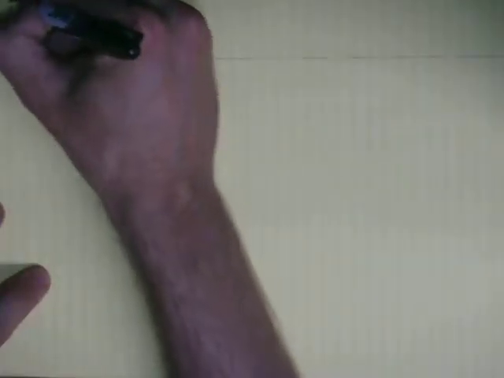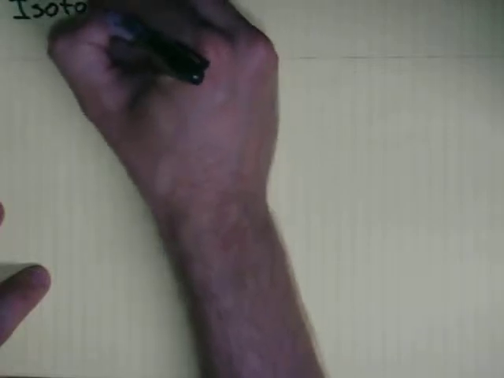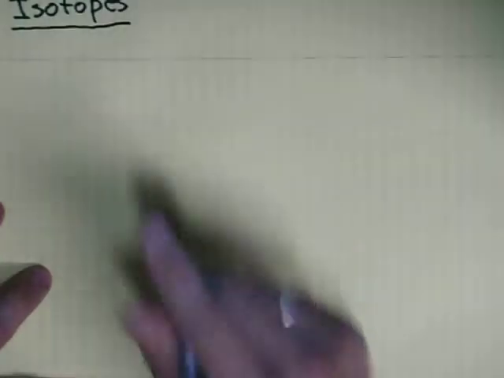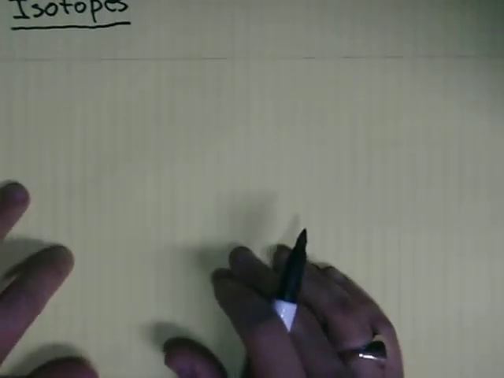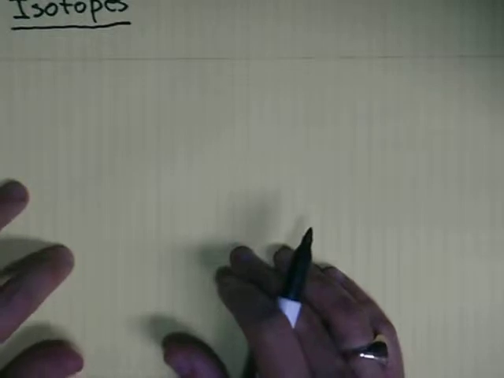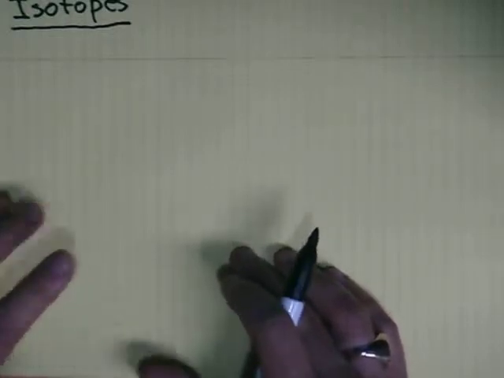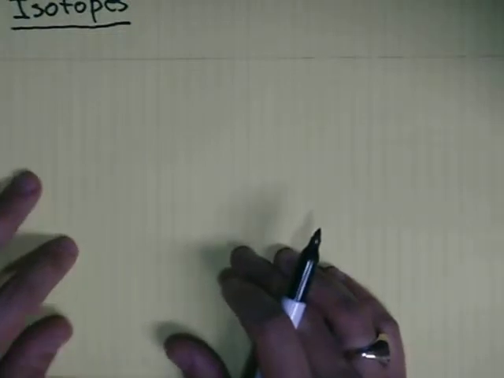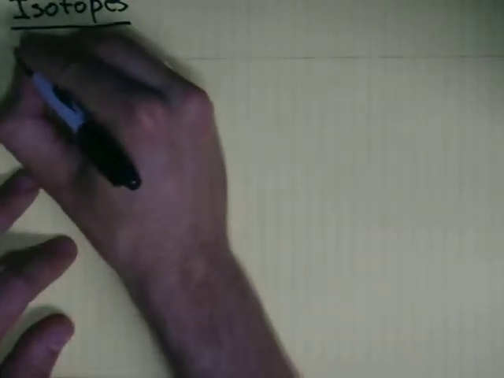Okay, so I'm going to now talk for a little bit about isotopes. When we talk isotopes, essentially what we're talking about are different variations of an element. And these variations have to do with, the way of thinking of it is, how heavy or how light they are. So going back to carbon, we see